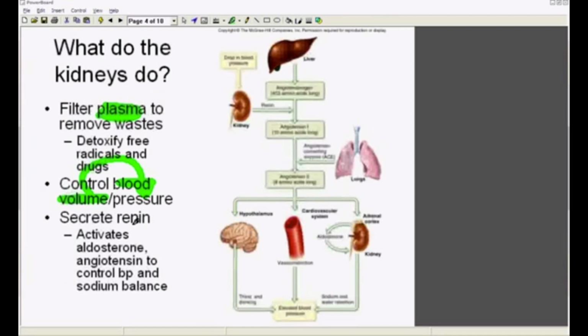Another thing kidneys do is manufacture a hormone called renin. Renin is used to help convert an inactive enzyme called angiotensinogen into an active enzyme called angiotensin 1. Angiotensin 1 then circulates through the lungs, where another enzyme called angiotensin converting enzyme, or ACE, converts it into angiotensin 2. Angiotensin 2 directly does a number of things, such as causing vasoconstriction system-wide, which helps increase blood pressure. It also causes the kidneys to